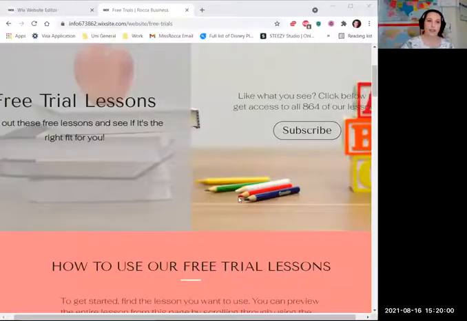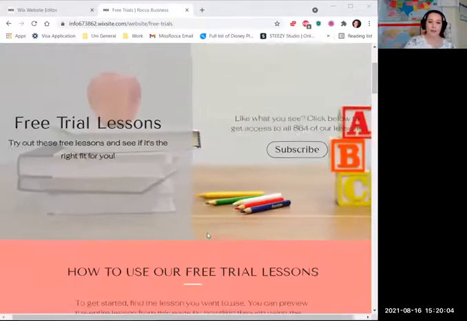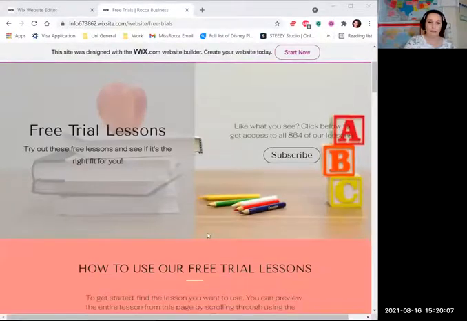So that big green share screen button in the middle is what you're going to want to click on. So I'm just going to click on that now, and a window is going to pop up. It's going to ask you which screen you want to share. And I want to share my browser window so that you can now see my Google Chrome browser where it has my free trial lessons page already pulled